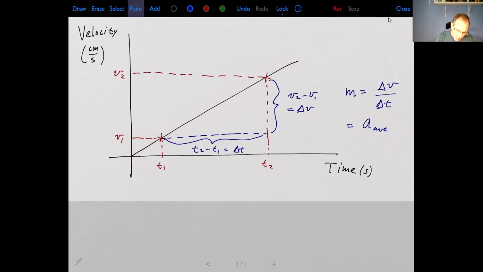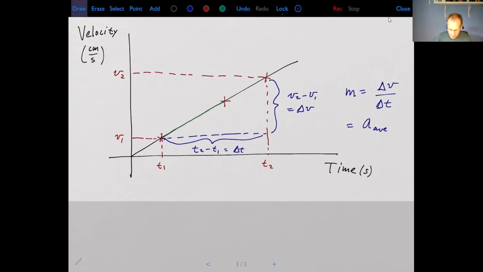Now, just like before, we may not be so interested in an average acceleration. We might want to know the instantaneous acceleration at some time. So to do that, you basically calculate the average again, but you keep shrinking down that time interval. So if I want to know the instantaneous acceleration right at T1, well, I know the average acceleration from T1 to T2. Now I shrink down this time interval. I bring T2 closer and closer and closer to T1. So first I'd move it here, right? And then calculate that slope,